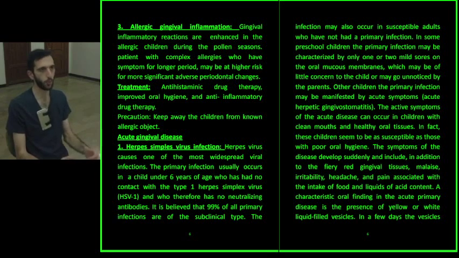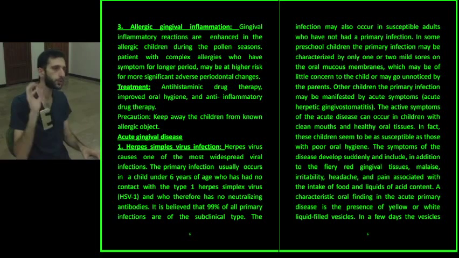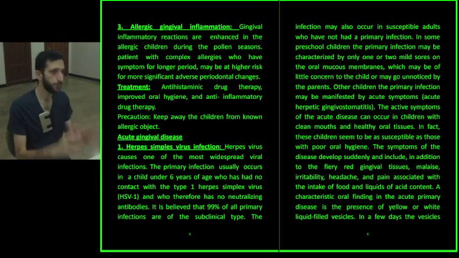In some preschool children, the primary infection may be characterized by 1 or 2 mild sores on the oral mucous membrane. Again, we are talking about the primary herpes simplex virus type 1. These 1 or 2 mild sores may be of little concern to the child and may go unnoticed by the patients. In other children, the primary infection may be manifested by acute symptoms: acute herpetic